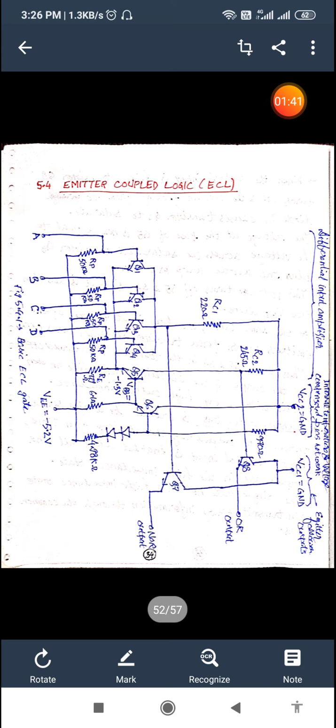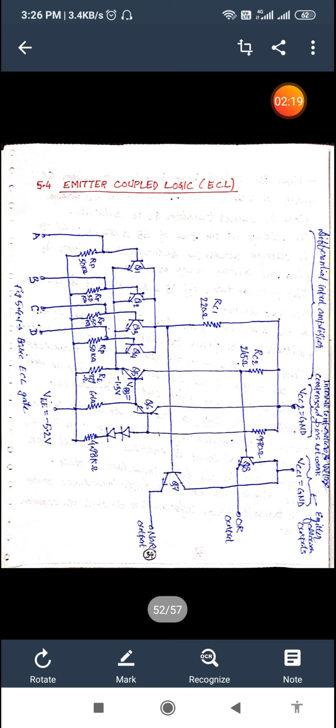A typical basic circuit of the ECL family is shown in the figure. The outputs provide both the OR and NOR functions, as we can see in the diagram. Each input is connected to the base of a transistor. Here the two voltage levels are about minus 0.8 volt for the high state and about minus 1.8 volt for the low state, and this works in negative logic. Both are negative, that's why minus 0.8 is high and minus 1.8 volt is the low.